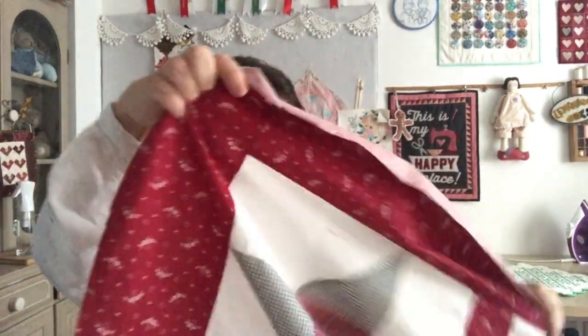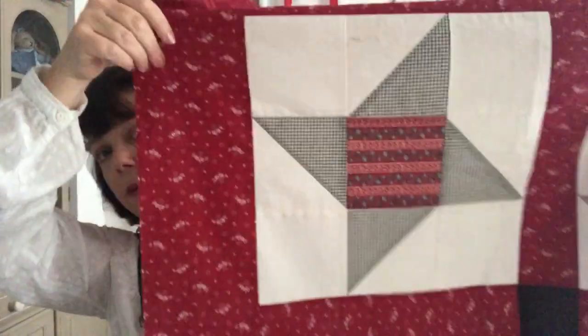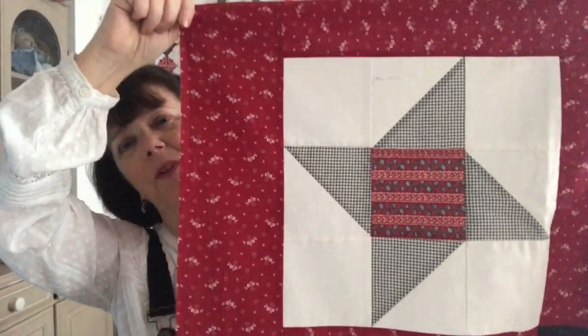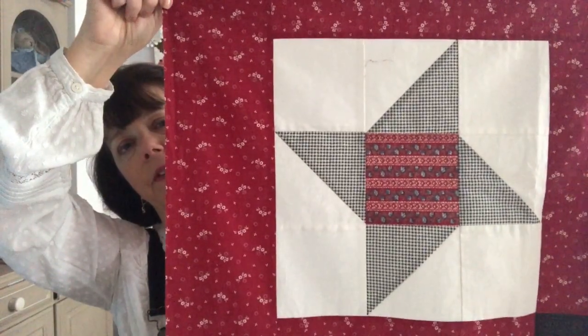The beginner quilt that I made for my beginners way back in 2003, I've never finished it because I need them to see the inside of the back, because I use it as a teaching tool. But just to give you some idea, let's have a look at some of the blocks. The blocks that are in my red, white and blue sampler, well, it had to be red, white and blue. A windmill,